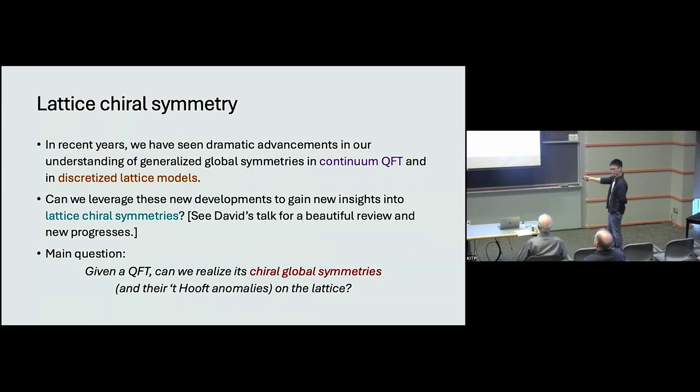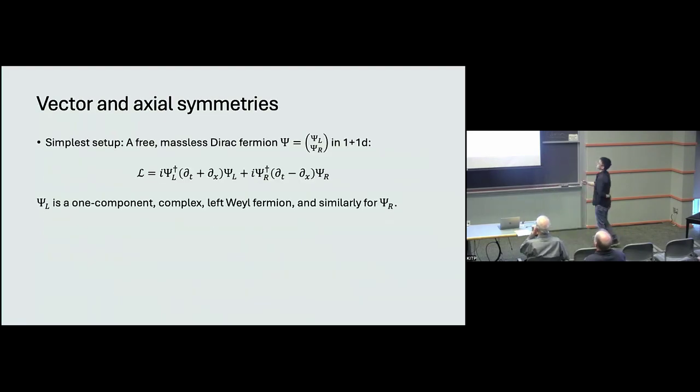All right. So what would be the simplest setup to even ask this question? We want to talk about QFT, so let's go down to the lowest possible space-time dimension. That's 1+1d. And of course, the simplest theory will be just a free massless Dirac fermion in 1+1d. A Dirac fermion in 1+1d has two components, psi left and psi right. Psi left is a one-component, complex, left-moving Weyl fermion. Psi right is a one-component, complex, right-moving Weyl fermion. In terms of psi left and psi right, they are all one component. I'm not hiding any indices. And this is the Lagrangian. And every one of us must have seen this Lagrangian at least once in our life.